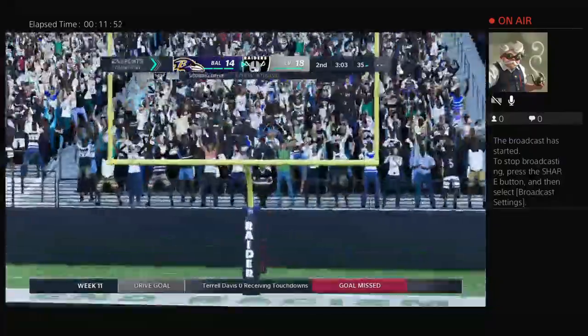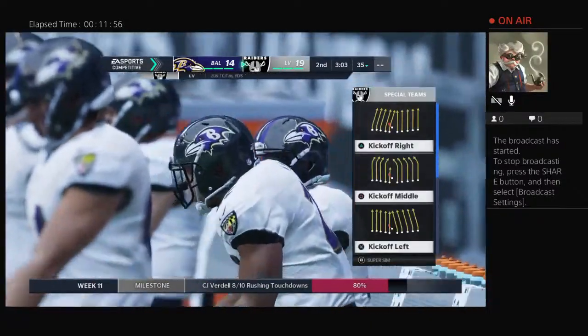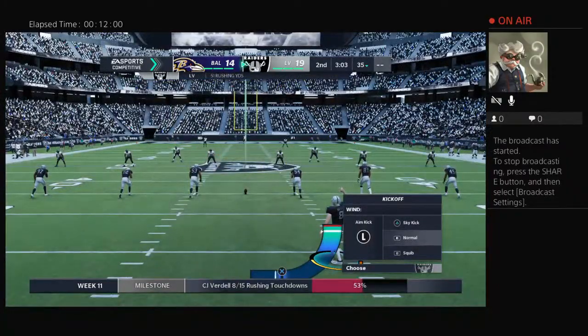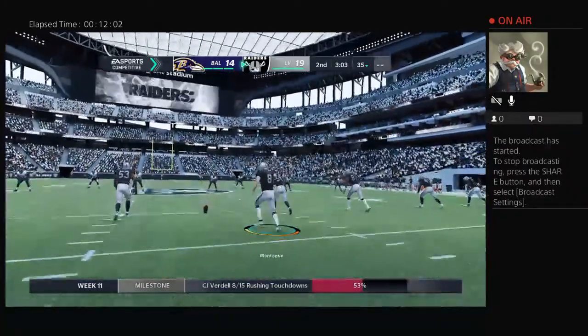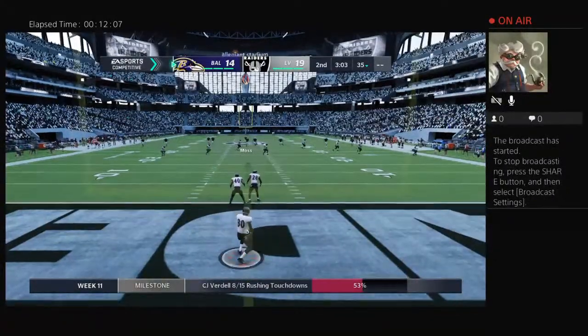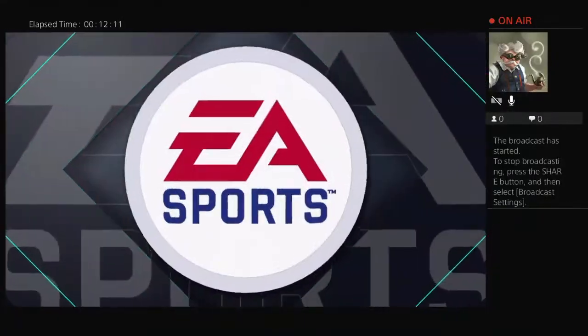So simple math here in the first half. They've had 3 drives offensively, and they have scored every time, and they've got the lead. Well, whenever we talk about adjustments, we usually talk about an offense making adjustments, right? This is all about the defense. They've got to figure out some way, somehow to slow them down. Do they blitz a little bit more? Do they play more zone coverage? Right now, they don't know where to go because they're getting...